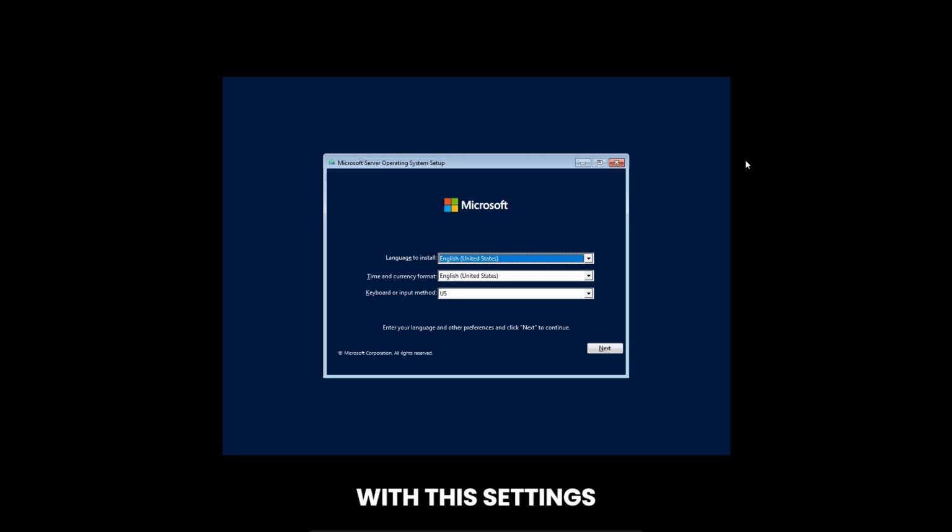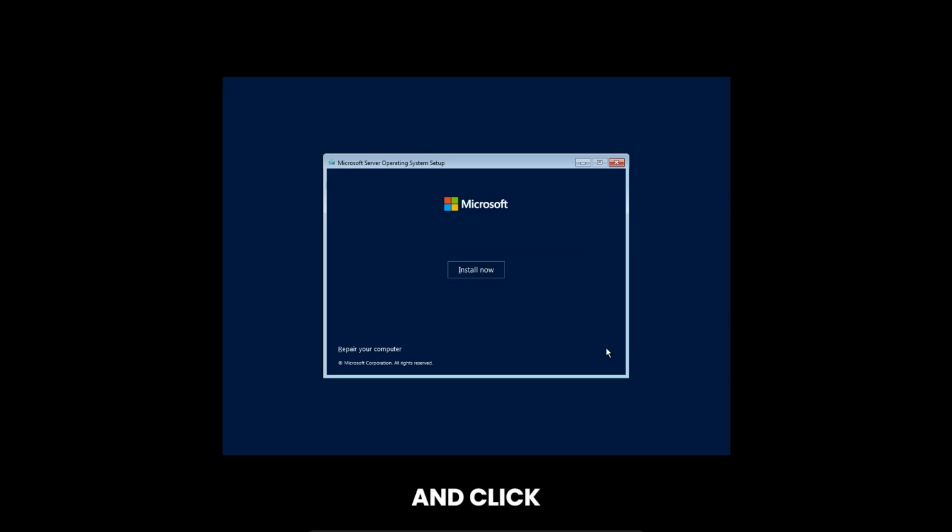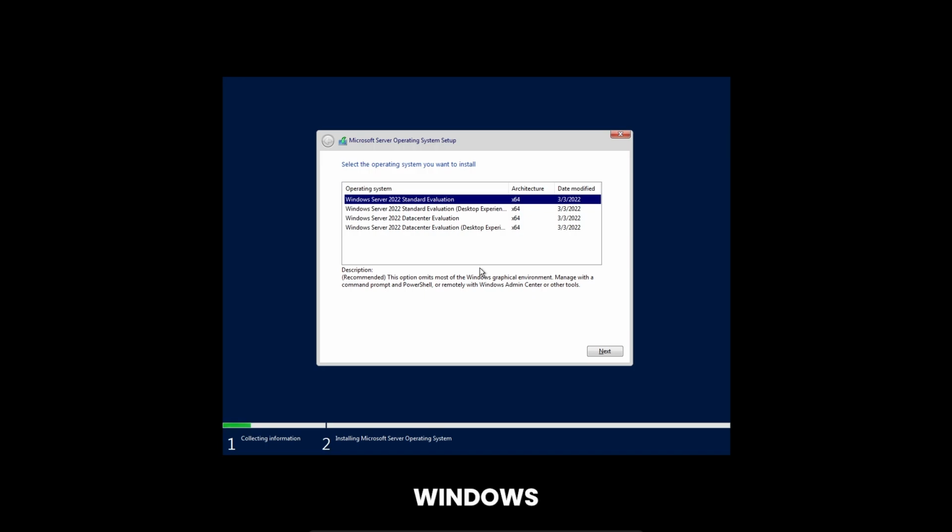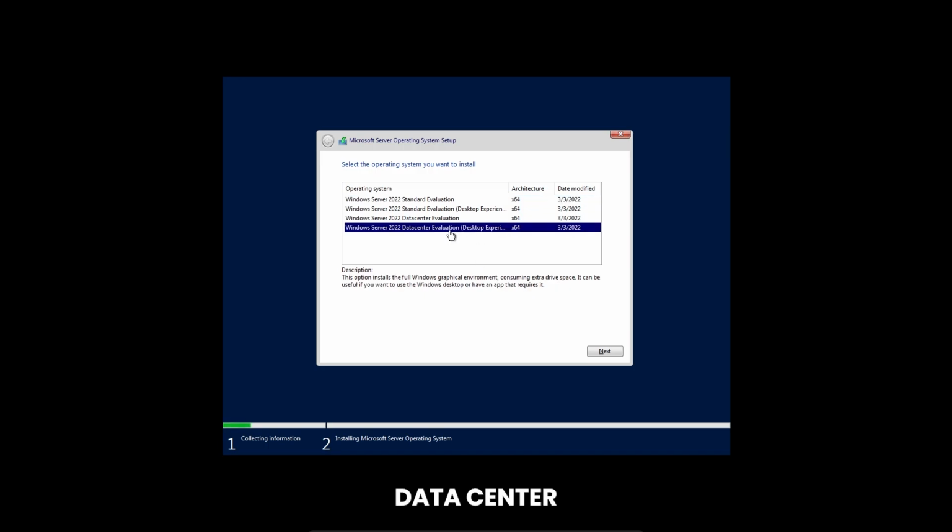I'm okay with this setting, so I will just click Next. But if you want to use another language, feel free to adjust those settings based on your personal preferences. And click Install Now. Select Windows Server 2022 Datacenter Evaluation, Desktop Experience, since this version has a GUI, and click Next.